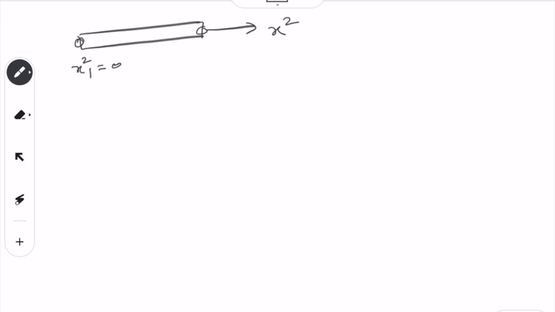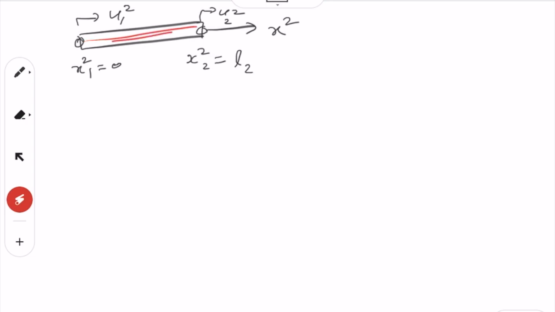This point becomes x22 which is equal to L2. This is the length of the second element. So, this is how it is, and accordingly we can now write, if this one is u at node 1 of the second element, this is u at node 2 of the second element, we can write the displacement inside this element as